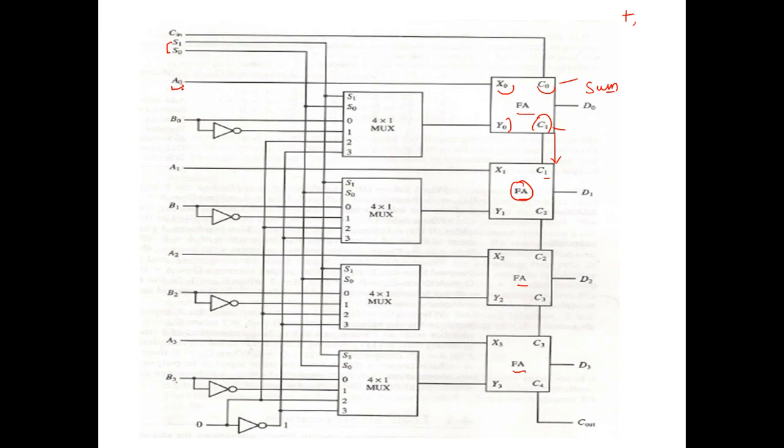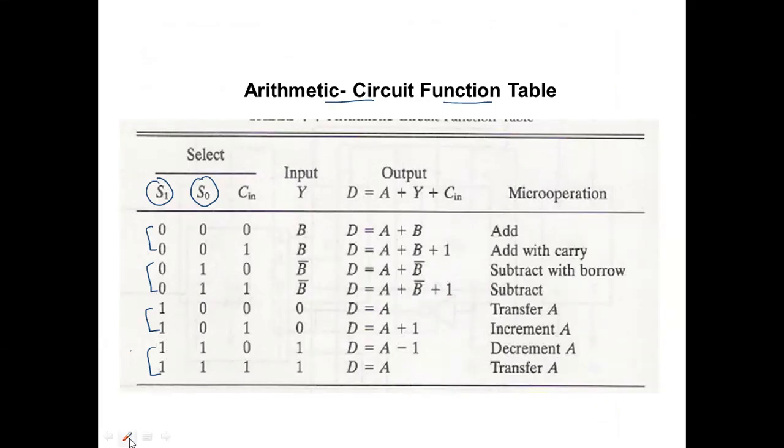Again, we are not making any changes in A0, A1, A2 and A3. So A0, A1, A2 and A3 are directly going as an input to the full adder. The only thing we need to change is this B0, means the second bit output, right? How I can do that is, if you can see here, for this 0 0, it means this is the 0th pin of the multiplexer, mux pin. For 0 1, I could say this is the first pin of the multiplexer. 1 0 is the second pin of the multiplexer and this is the third pin of the multiplexer. So accordingly, at the 0th pin, only B will be selected.